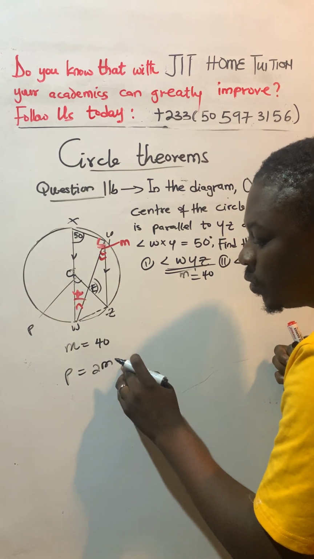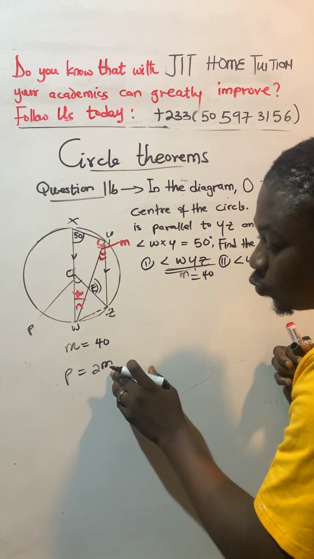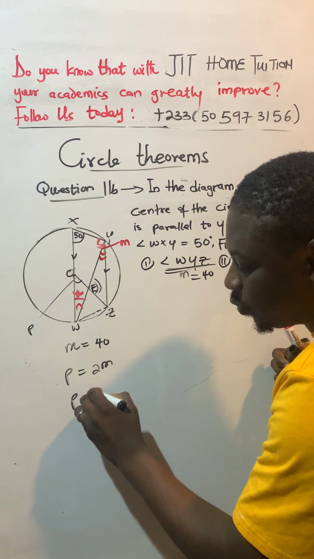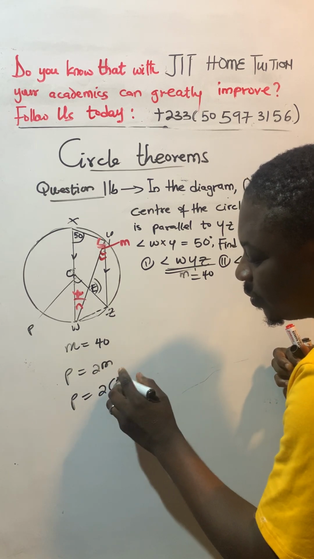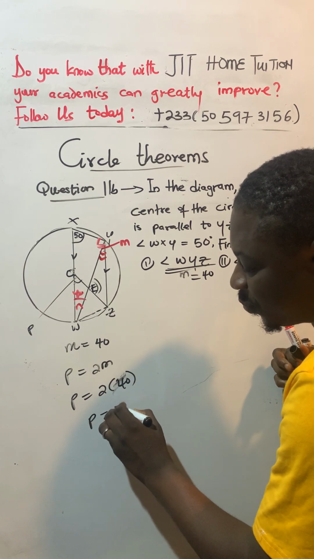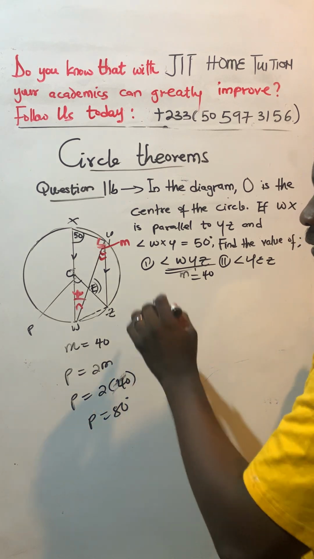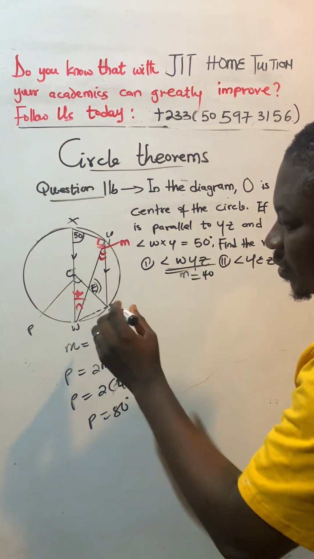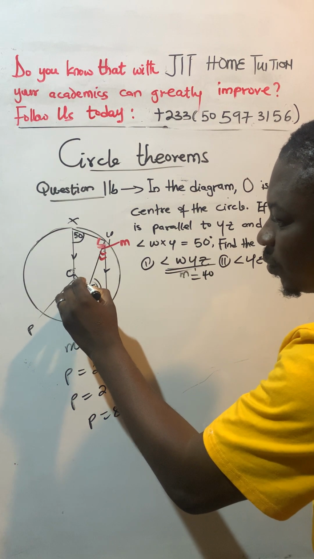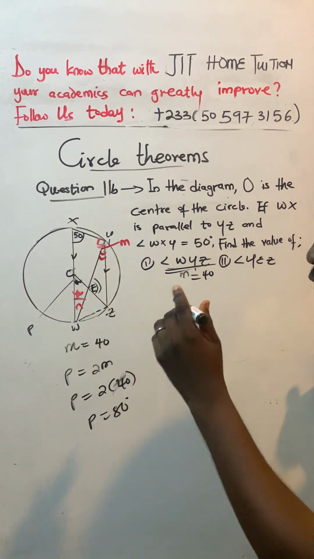So in this case, you can say P equals 2M. So you have P to be equal to 2 multiplying the 40, and you have P to be equal to 80. So that means that, watch it, that means that the angle here is now 80. So we can now pull this one out,